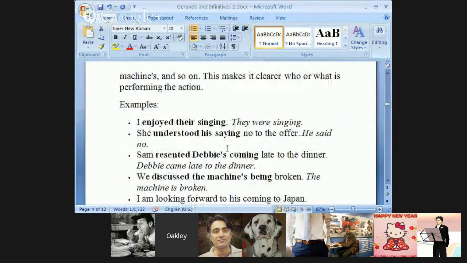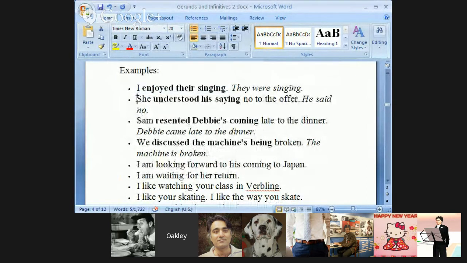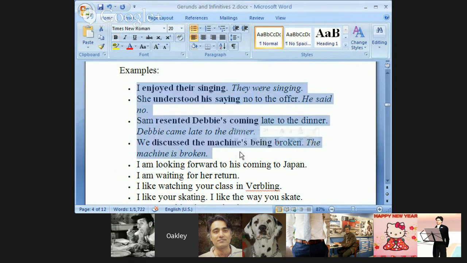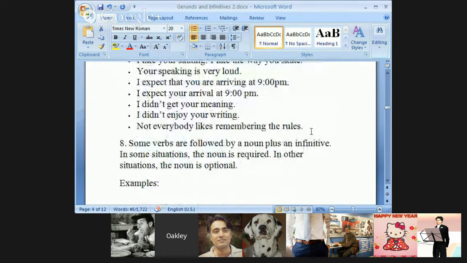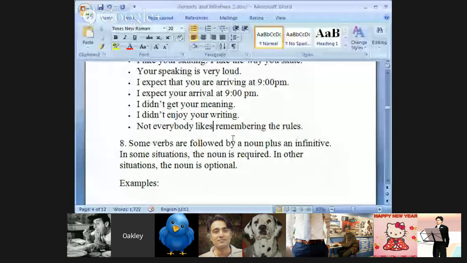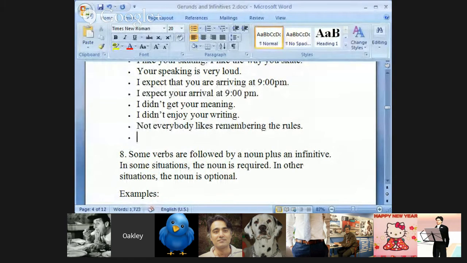This is hard to do. You realize how hard this is to do. The idea that we're trying to do is use a possessive, like his, her, my, and a gerund. Like these first official, technically correct examples. There's nothing wrong with your sentence, but of course, there's no way we could put a possessive in. Not everybody likes my remembering the rules. Yeah, it sounds a little weird contextually, but at least you got a gerund in there. Okay, Khalid.